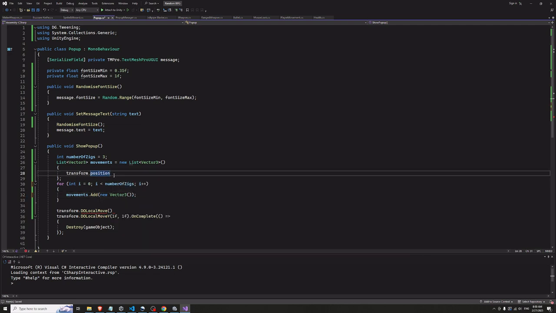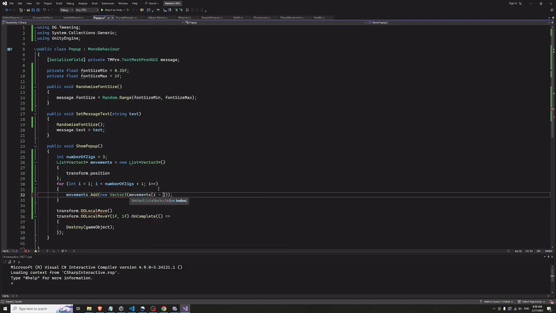Right, it's just take the point before. So we're gonna start at 1. We're gonna end 1 higher. We're gonna just take movements I minus 1 dot x dot y dot z. So this just fills this with whatever the last one was, and then we can add to it plus